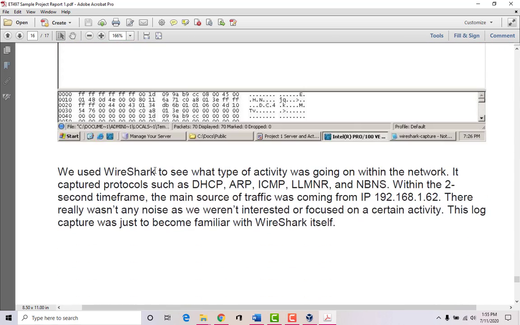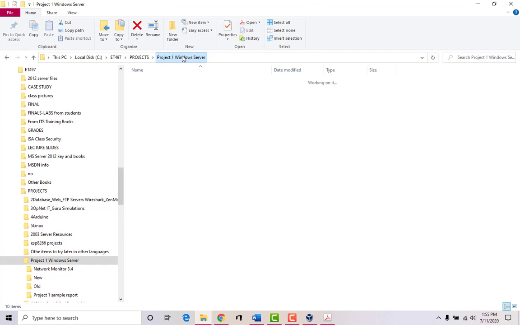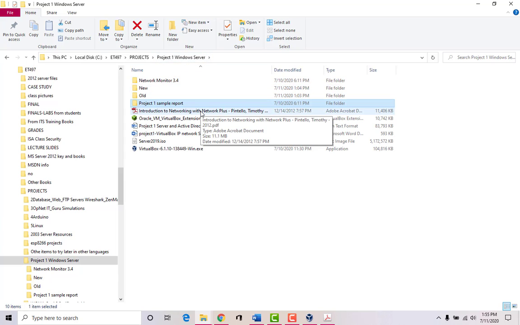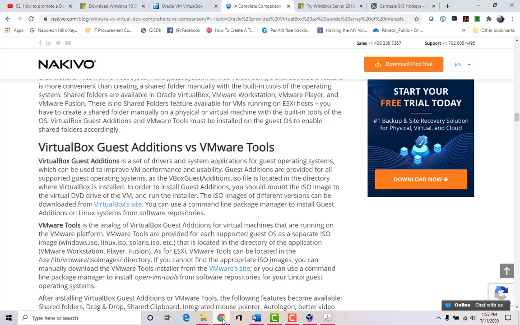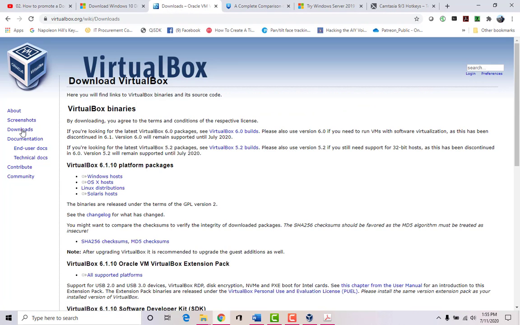So Wireshark, it's another product that we're going to have to install, so it will be located in that folder. Everything that's in the memory stick is for Windows. Okay, it's for Microsoft Windows. So if you want to, you can go to the websites for the specific products, and you can download the Mac versions of it. So if you need the Mac version for VirtualBox, you can go to downloads, and you can look for the OS X host version of it.